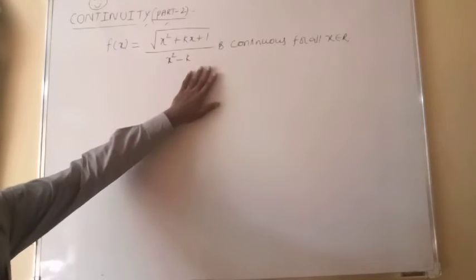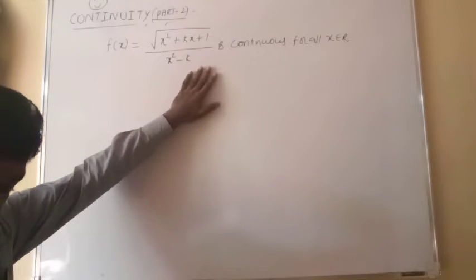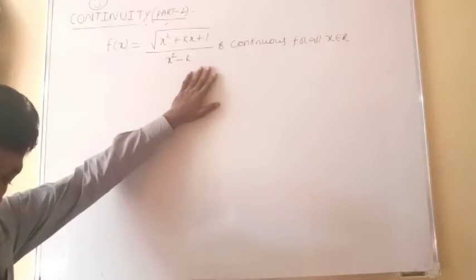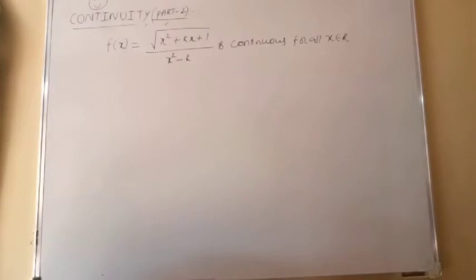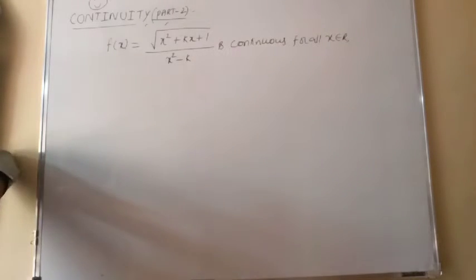If this function is continuous for all x belongs to R, then find the interval of all possible values of k. Okay. So clearly, according to the question, this function is continuous for all real numbers x,